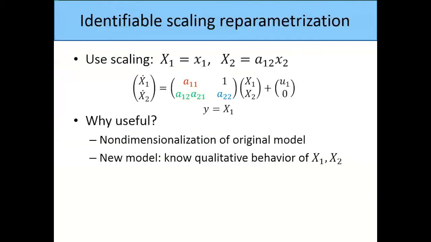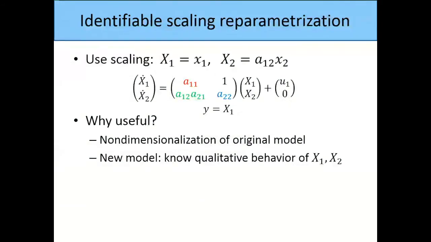So the issue is that we don't know x2. x2 is an unmeasured state variable, and I don't know a12. a12 is an unidentifiable parameter. So the point is that I don't know capital X2 then, but I know its qualitative behavior because